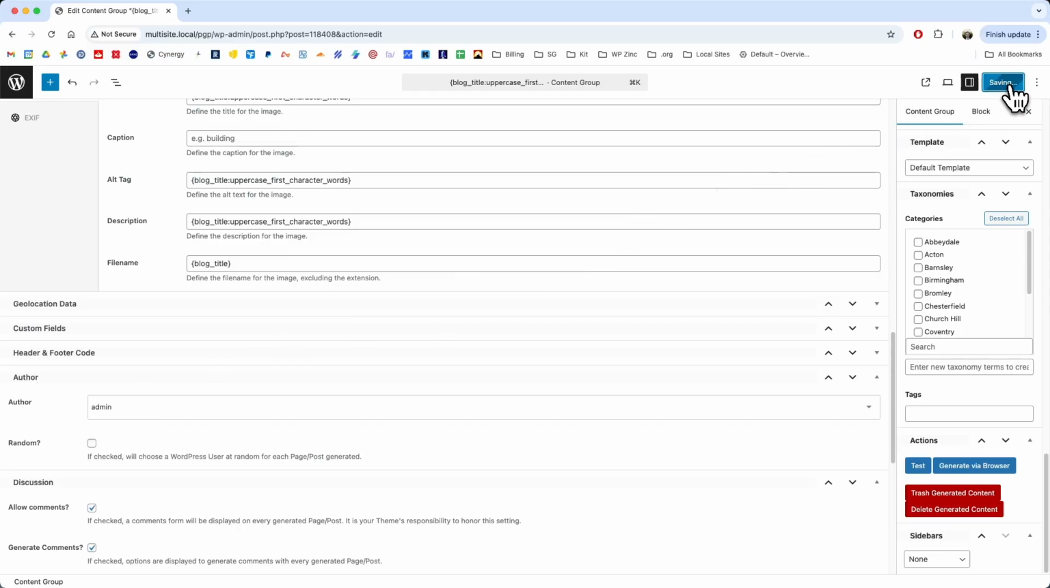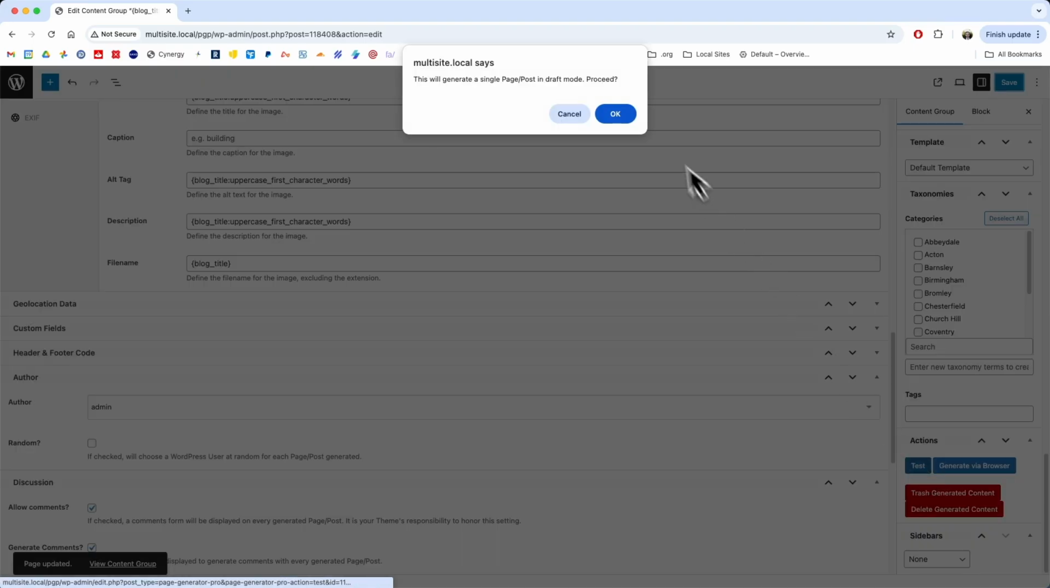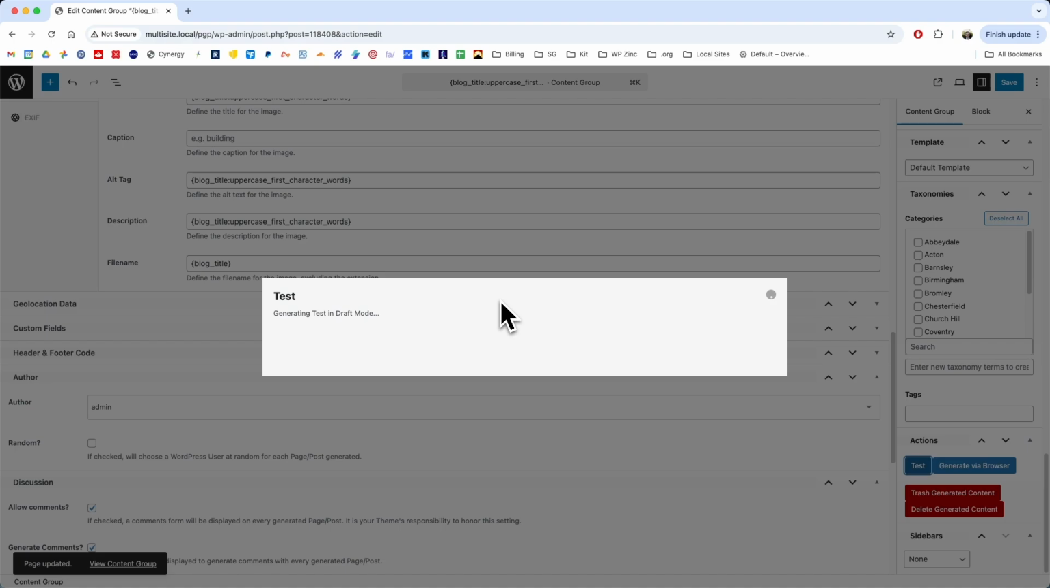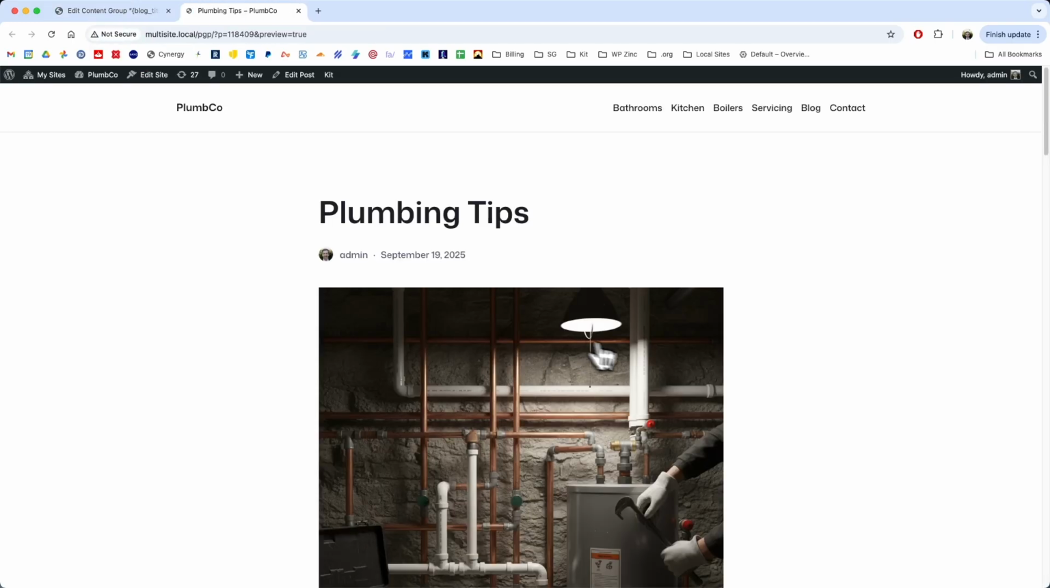If I'm happy with everything, I'll click the save button, and once again we'll perform a test to see that that keyword transformation has taken effect. If we're happy with that, we can then generate all of our blog posts via the browser. With our test ready, we can click the link to preview, and this time we can see that the